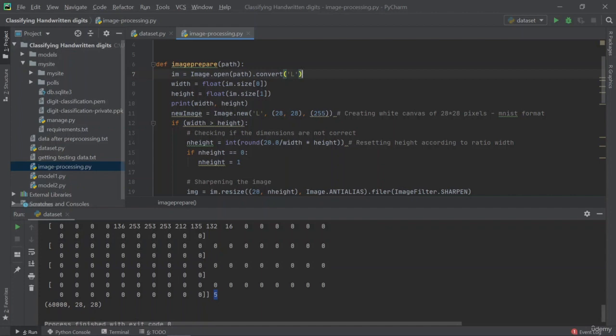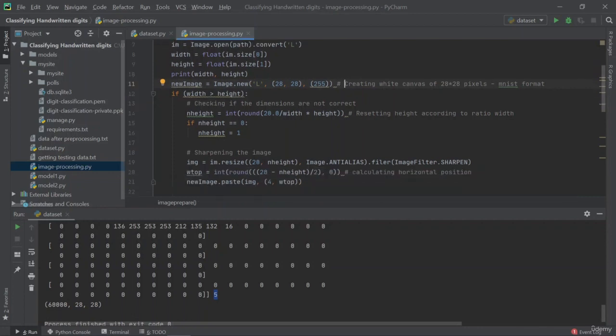Lastly, I am getting the pixel values for this new canvas image and returning the values for using it as data to be fed into my model for prediction, right? So you can see that I have created a new canvas here, right? That is of the 28 into 28 pixels. Okay, and I have my new image, which is basically a blank page of 28 into 28 dimension. Then I'm checking the width and height of the original image that I had from my data